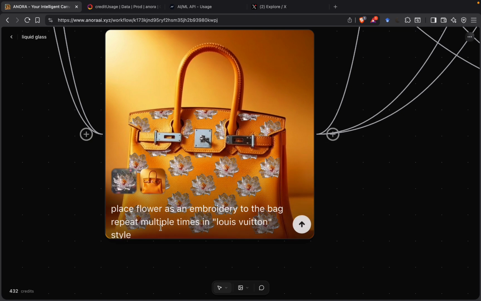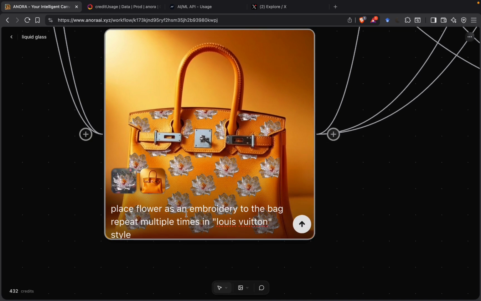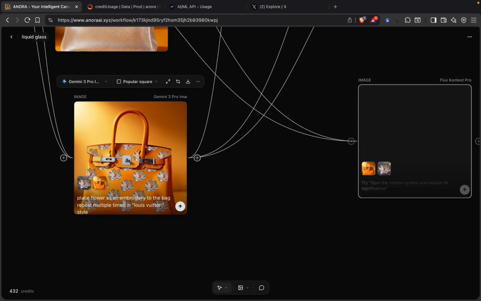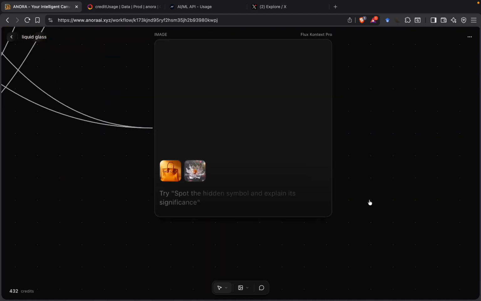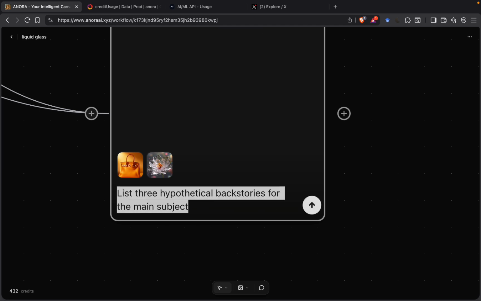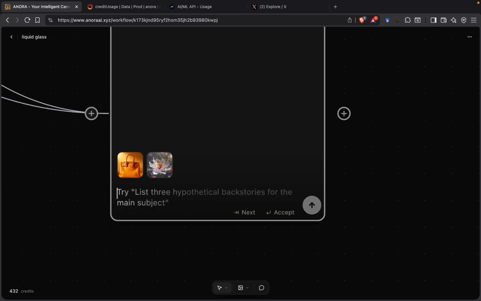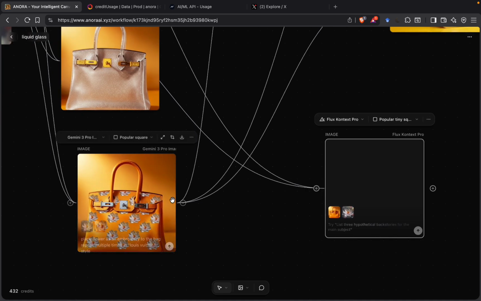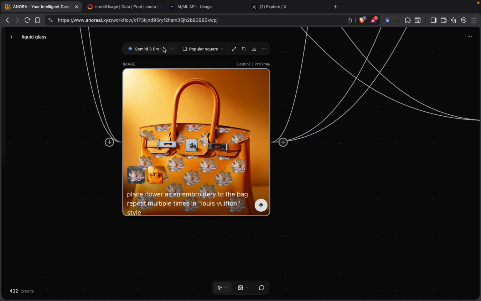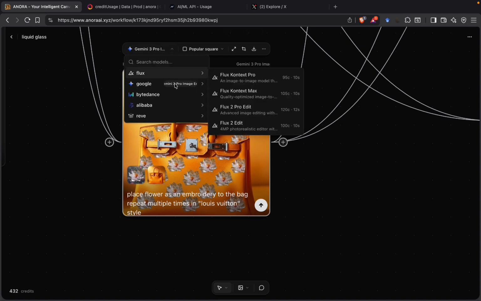For example, let's try this one. Place flowers and embroidery to the back, repeat multiple times and return style. We got this image. Yeah, similar here. Or you can just use the suggestions from here. Click tab for next suggestion, or just click accept for accepting this, and click enter again to generate it. The main idea is here. Just select the proper model, the correct model to generate